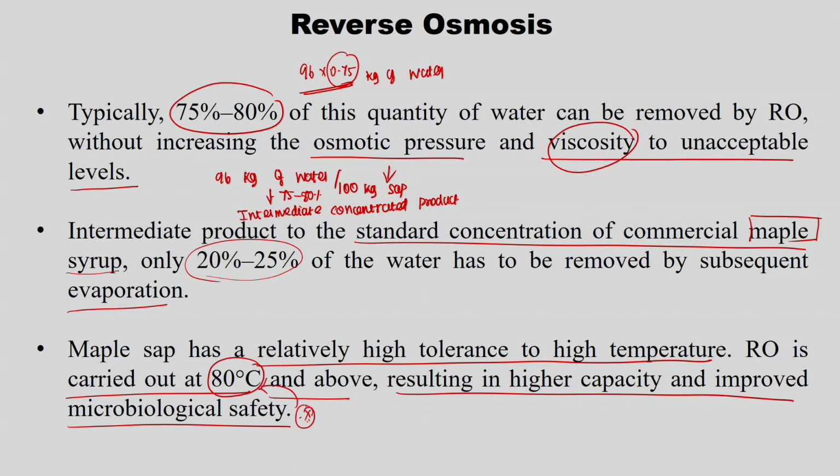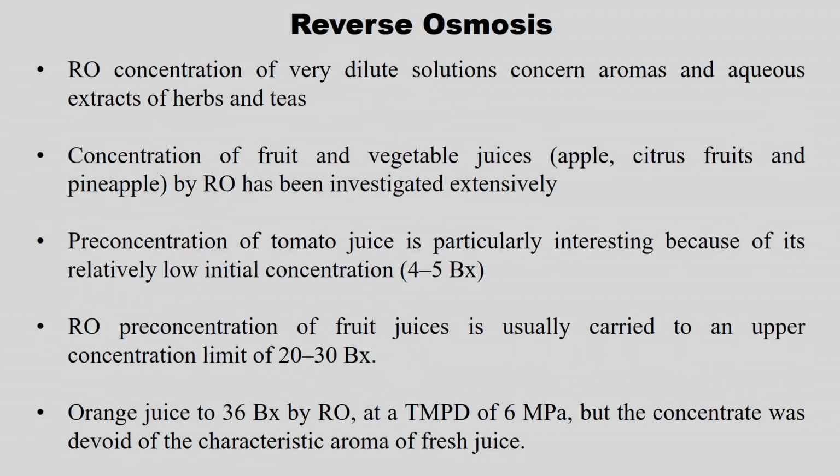So, here we are mainly concentrating on the microbial safety, that is why we are going for 80 degrees centigrade, and one must ensure at this temperature the nutrient quality as well as the volatile aroma. If the food has a lot of volatile aroma or nutritional content, we need to think about why we are processing at this high temperature of 80 degrees centigrade. That is what probably we are doing in thermal processing as well.